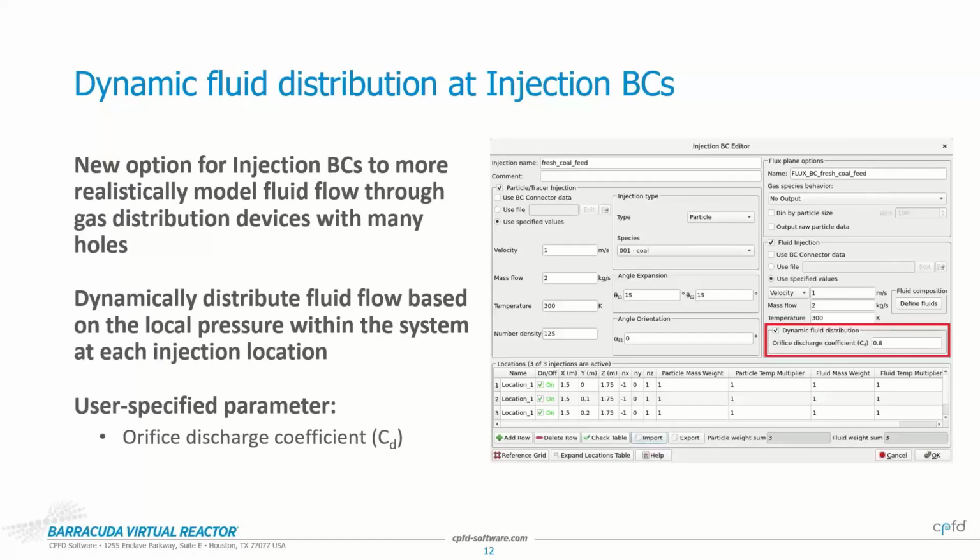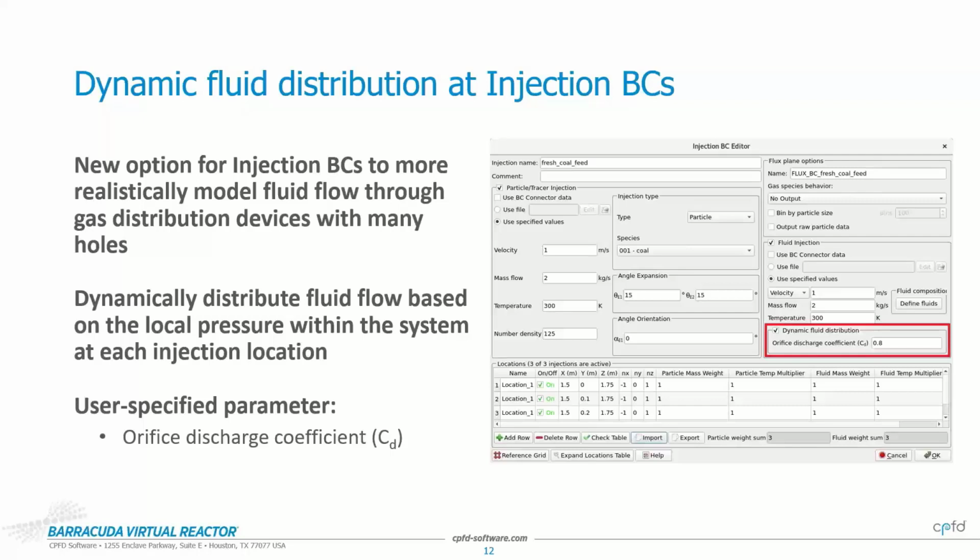Another new feature that we're really excited about and interested to see reaction from customers is the ability to have dynamic fluid distribution at injection BCs. What this does is, for each injection BC location in the system, it looks at the pressure in the cell where that injection BC is located, and it allocates either more or less fluid flow based on that local pressure. So this feature is intended to allow more realistic simulations of gas distributors that have a large